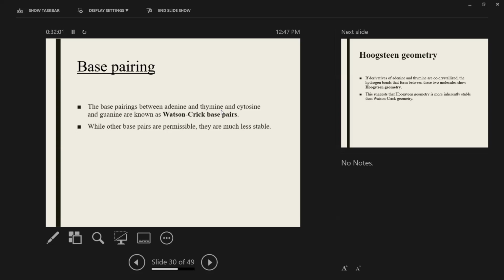Thing is, Rosalind Franklin thought the bases were on the inside years before Watson and Crick came to that conclusion. It's only when they got that X-ray crystallographic picture, the mysterious Photo 51, that was shown to them by Wilkins, that they said this is a double helix and the bases have to be on the inside. Franklin said the bases have to be on the inside because it makes no sense to put hydrophobic molecules on the outside if you're in an aqueous environment. Just basic chemical logic told her they had to be on the inside.